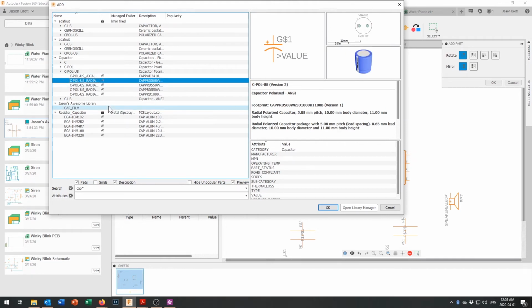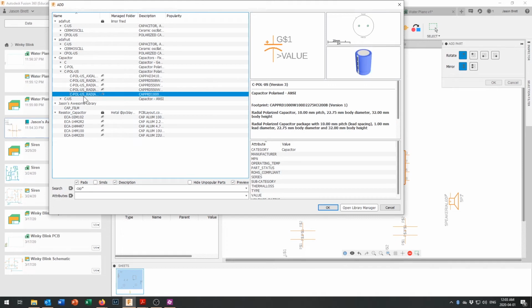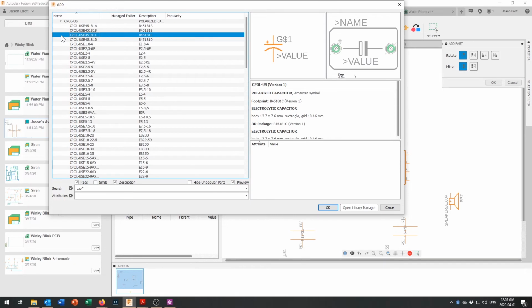There's a radial capacitor. Now again, you want to take a look at what size this is going to come out, because this is showing me on the scale that this one is going to be a 10 millimeter body diameter, and we're only looking for a 10 microfarad capacitor. That's closer to a 5 millimeter body diameter. So let's see if we've got something else in here. 12 millimeter body diameter, 12, 27. Let's take a look up under the Adafruit libraries. I think they had something at